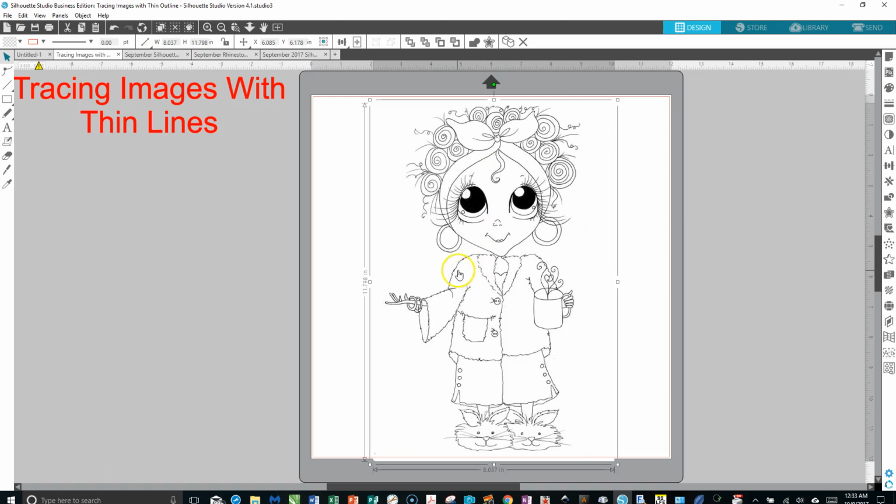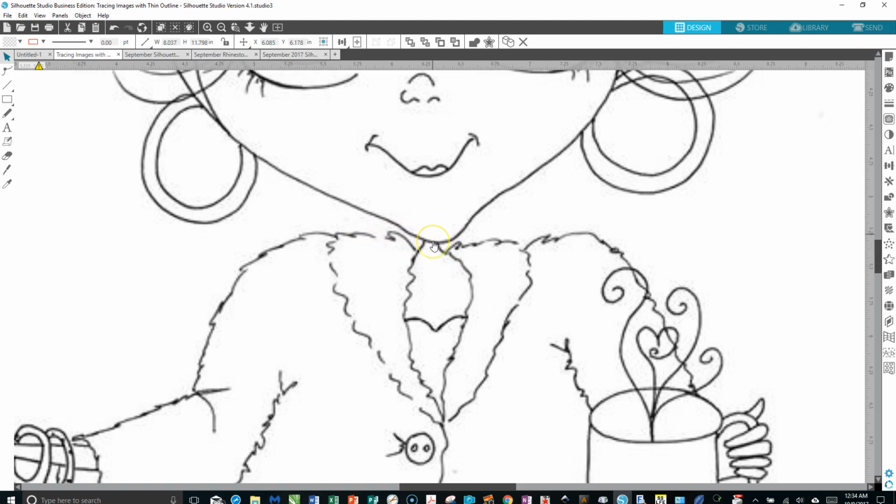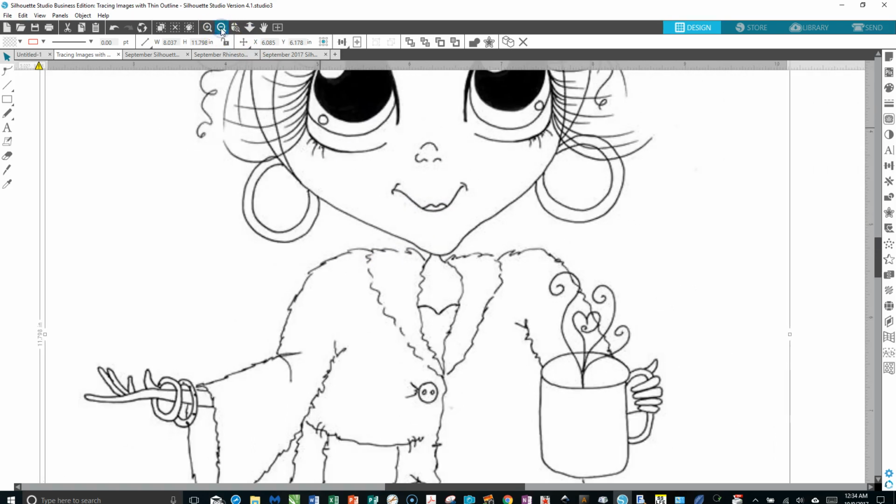Well, as you can see, these lines are very thin, and let me zoom in to an area and show you that when you get images like this and the lines are thin, the first thing you need to do is to determine what you're working with. Now I see that I have a gap from here to here, from here to here. So I already know that when I complete tracing it, it's not going to fill in because there's a gap that's there. So let's zoom back out,